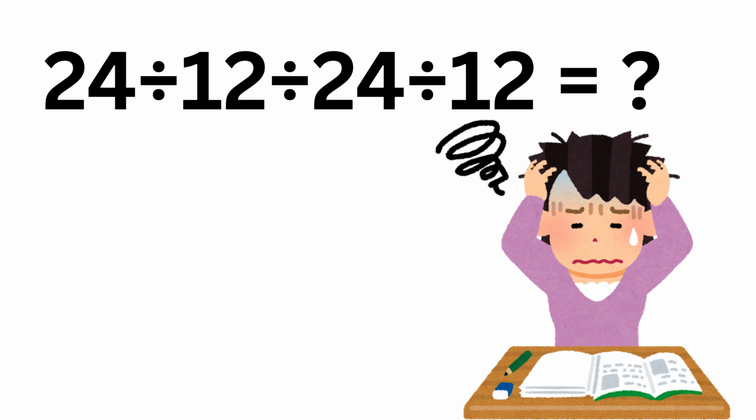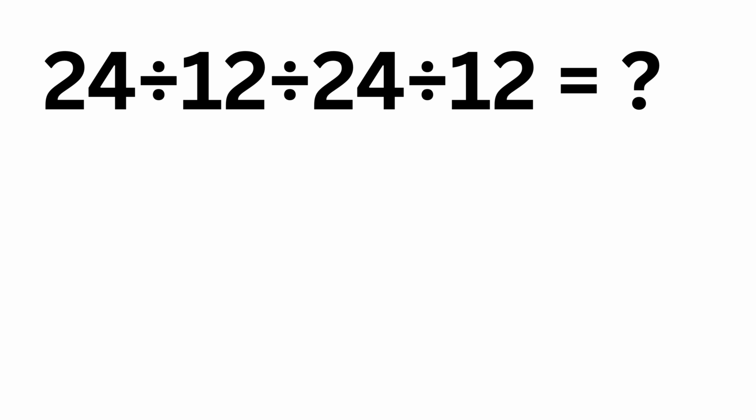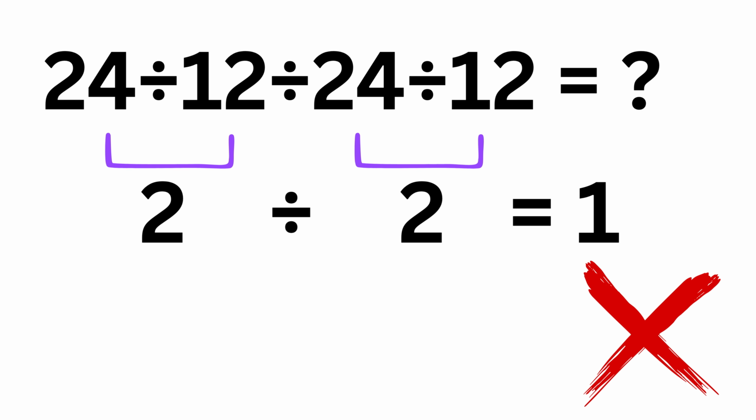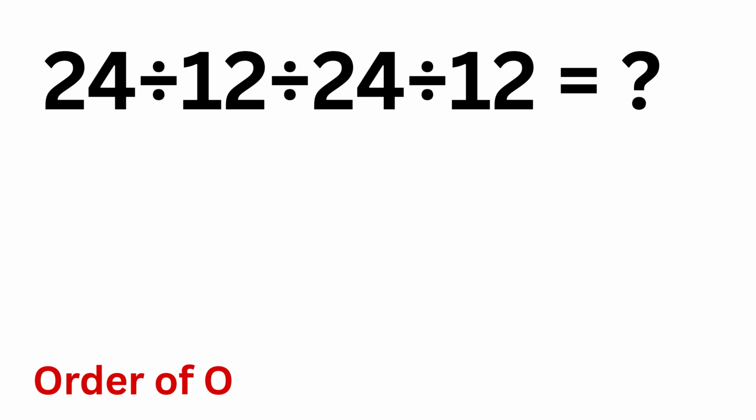24 divided by 12 divided by 24 divided by 12. Here, 24 divided by 12 gives us 2, and here we have 24 divided by 12, which is also 2. So 2 divided by 2 is just 1. But this answer is incorrect, because according to the order of operations, when we have more than one division in